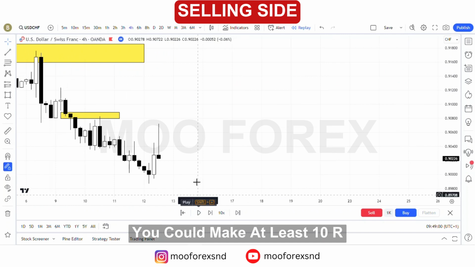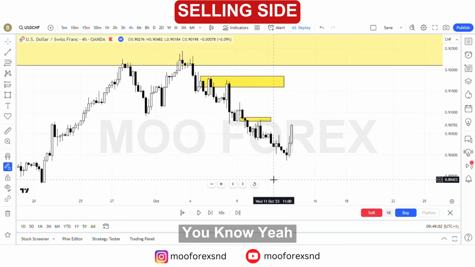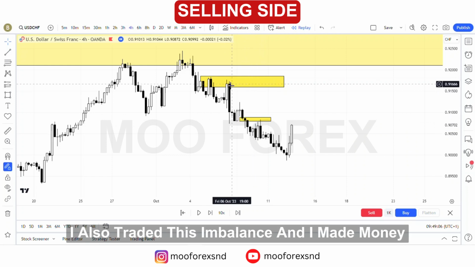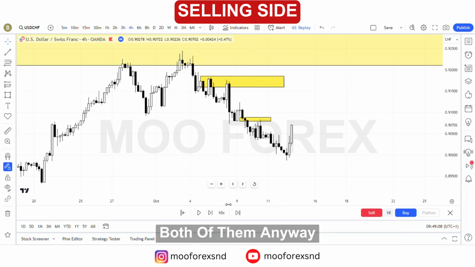You could make at least 10R, you know. Yeah, 8 to 9, 10R. I actually traded this imbalance. I also traded this imbalance, and I made money on both of them. Anyway,